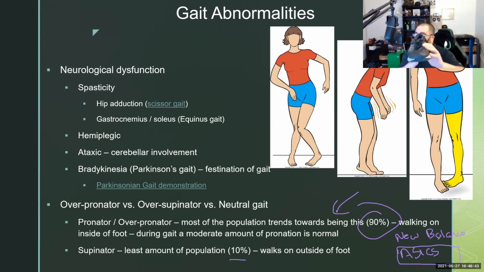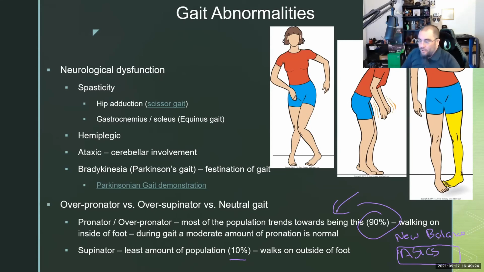So, first of all, looking at the front, look at the size of the inside here versus the size of the outside out here. Definitely more compressed out there. But then if I turn it up, do you see the tread on the outside? How it's almost all gone? Even the middle is almost all gone, but these are old shoes. These are my grass mowing shoes, right? But I've still got tread in here. If you look at it from the back, the outside's worn out. So yeah, you can look at your shoe and go, oh yeah, I'm probably an overpronator or oversupinator.